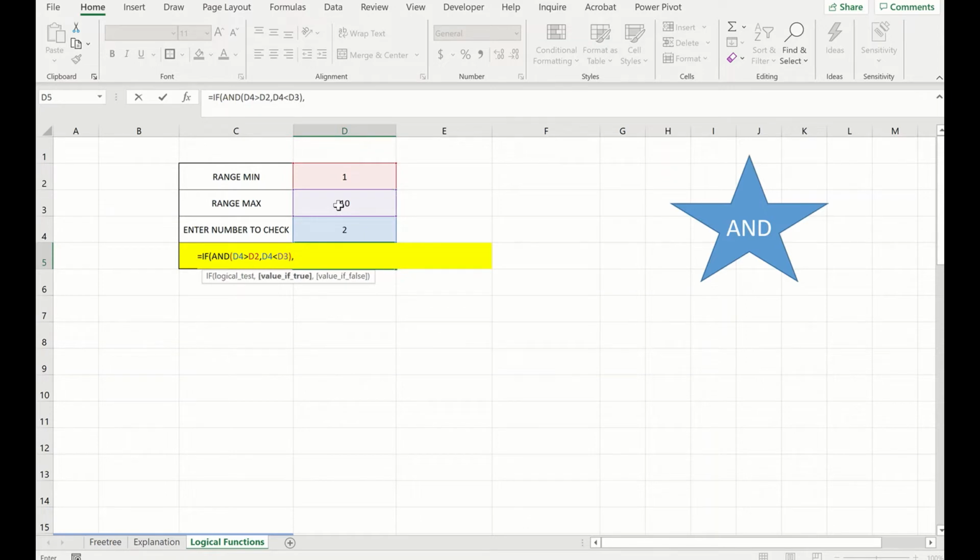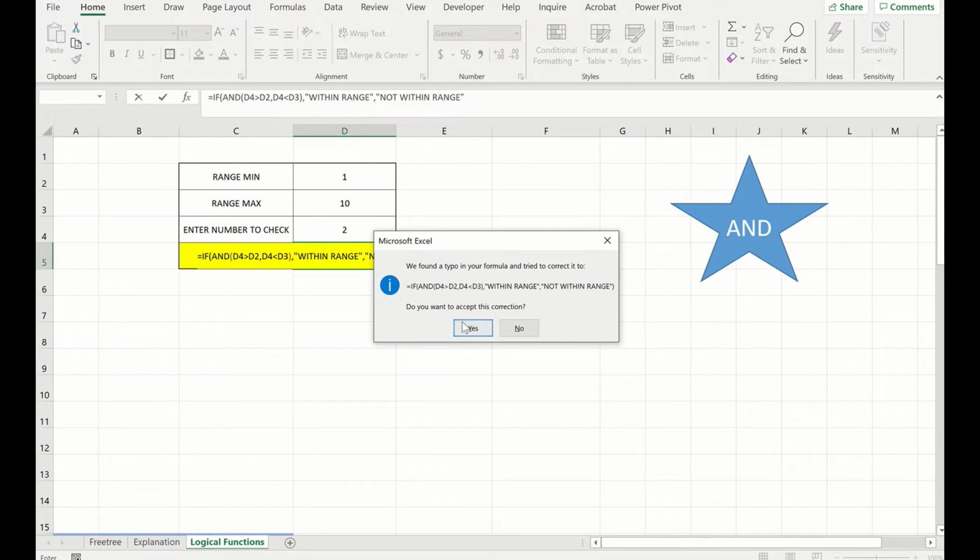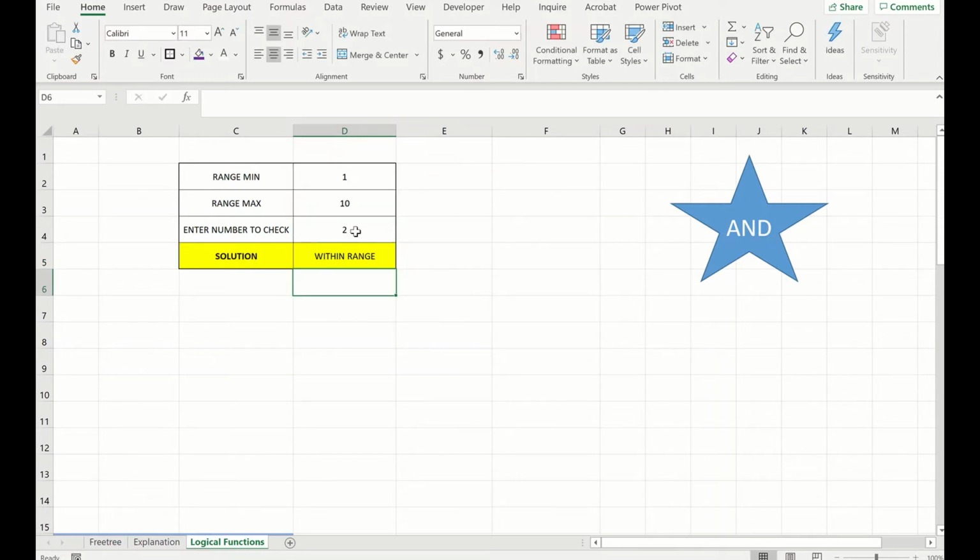If the AND function is true, that means it is within the range, so we display "within range" in double quotes. If it is not within range, we put "not within range" in double quotes. That's it. If we press 11, it says not within range. I hope this is useful.